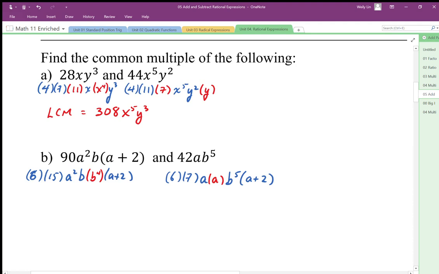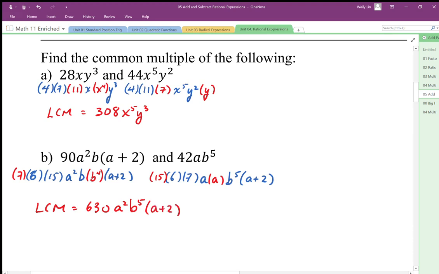Okay. Oh, I forgot to do the numerical parts here. Here I was missing a factor of 7, and here I'm missing the factor of 15. So we end up with 630. So our LCM, 7 times 90 is going to be 630. For the a's, we end up with a squared, b to the 5, and then we have this extra factor of a